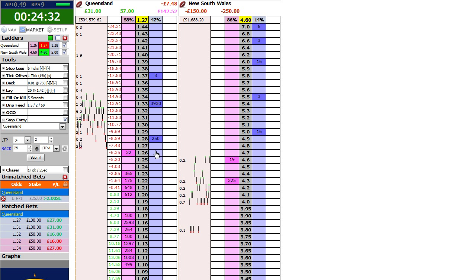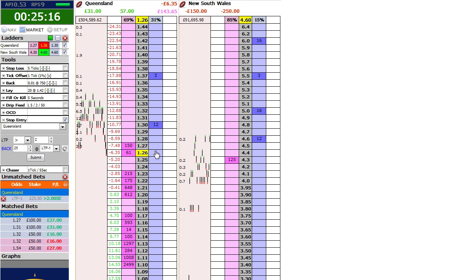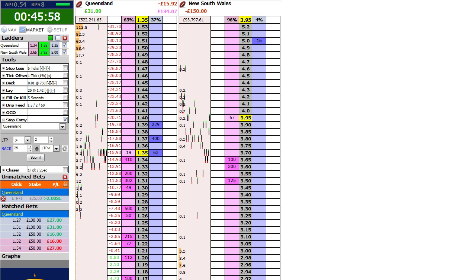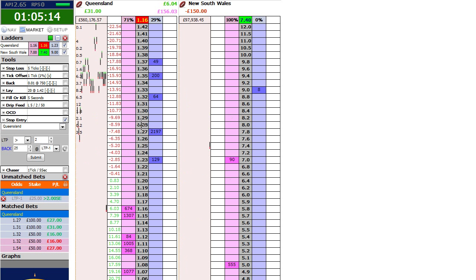So we'll wait and see what happens next. You see now if it gets to 1.2, that is my average price, and I can get out with a profit if Queensland trade at 1.2 or below, which is 1 to 5 in fractional odds. So they're trading at 1.35 at the moment, still winning 6-0, and there they've scored again now,